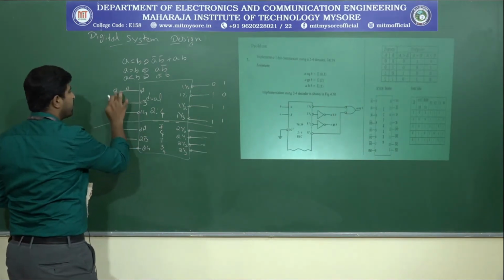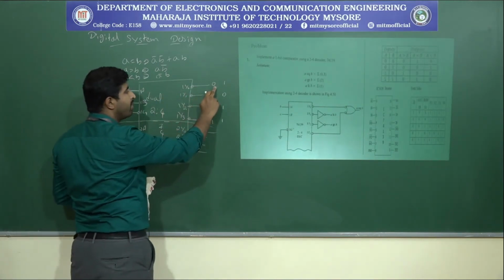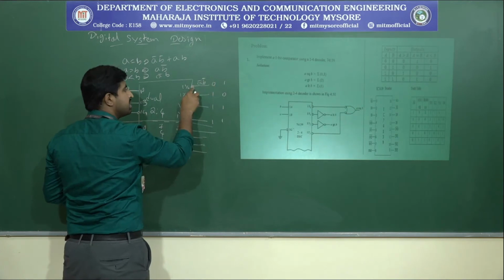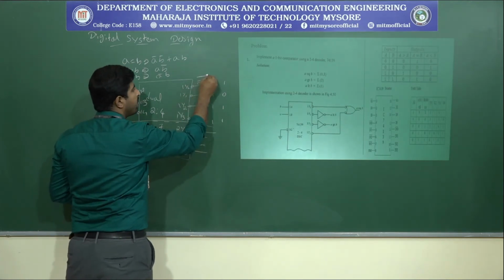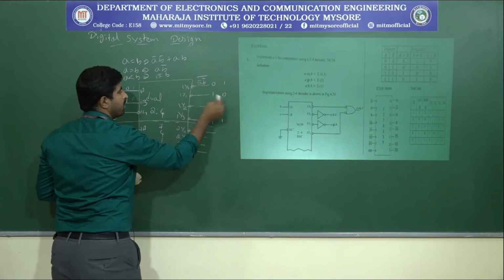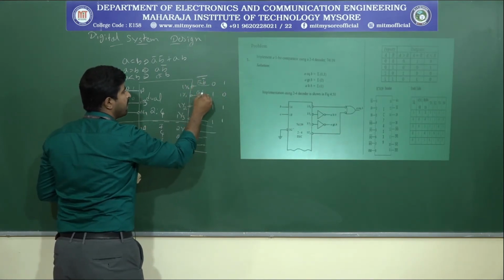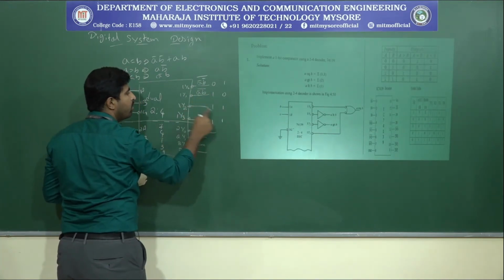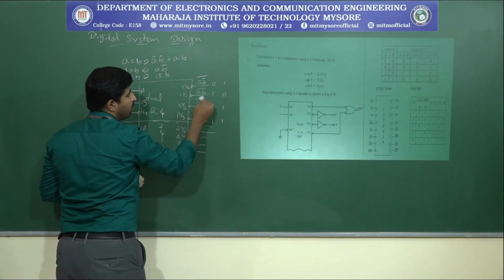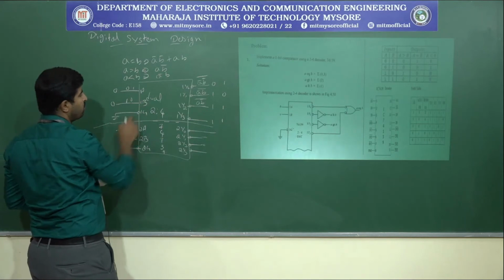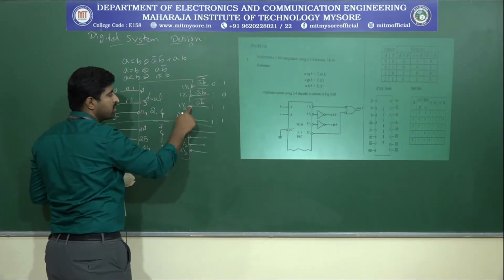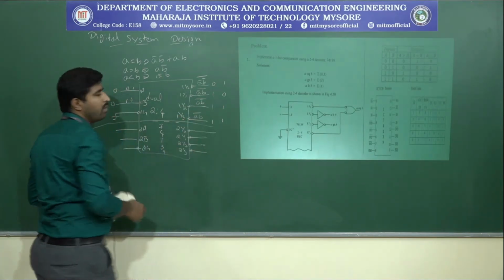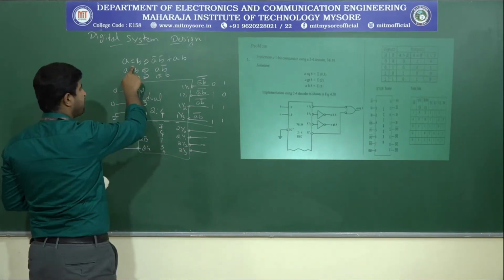So we know that when the inputs are 0, 0, the output Y0 will be enabled. So that means here we are getting A bar B bar. Since it's an active low pin, we are going to get A bar B bar complement. Similarly, this output will be generated when the input is A bar B whole bar, that means 0, 1. Similarly, this pin will be active when the input is A B bar whole bar, that means when you give the input 1, 0, because it's an active low pin. Similarly, this pin will be active when the inputs are A B whole bar. Right? Okay.